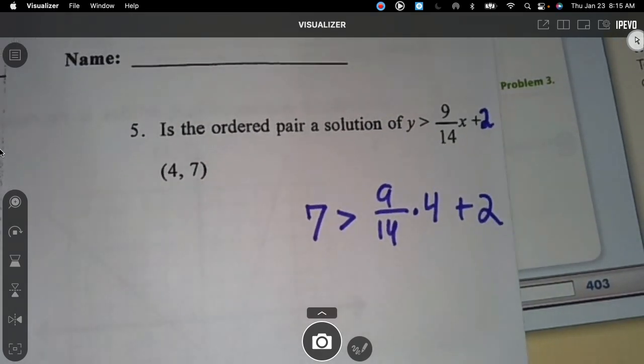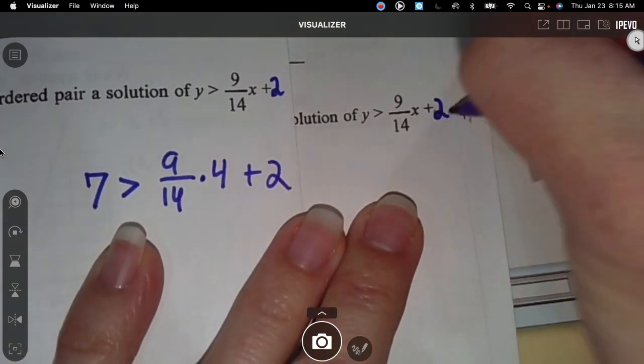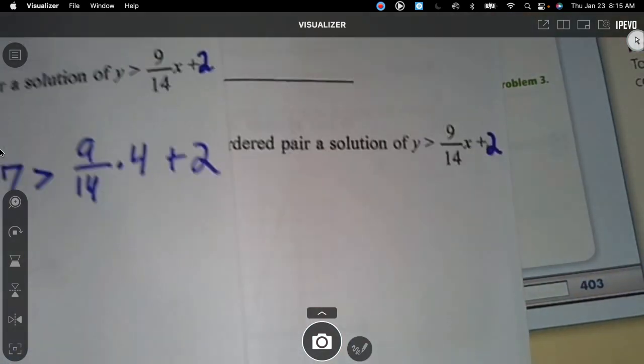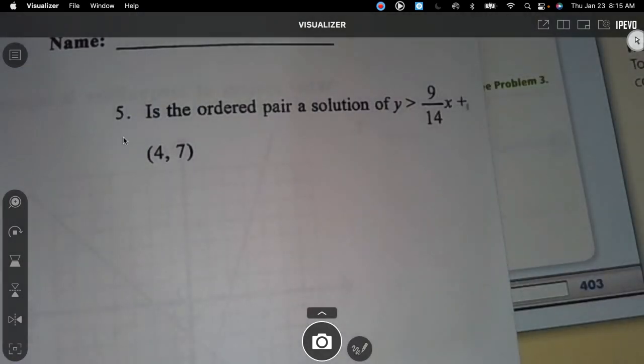All right. I'm going to save this one for Hayden and Harper because they're not here, and I want to make sure that they see that that's +2. Okay, so